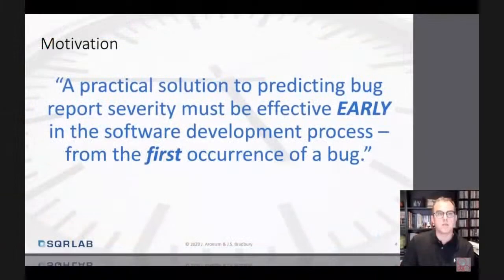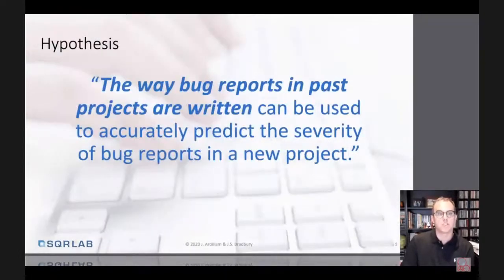The main motivator for this research is that we believe that in order for automatic bug report triaging to be effective in practice, it must be useful early in the development process, ideally from the first occurrence of a bug. Building on our motivation, we hypothesized that bug reports from an organization's past projects could be the key. More specifically, the way past project bug reports are written could be leveraged to accurately predict bug severity in a